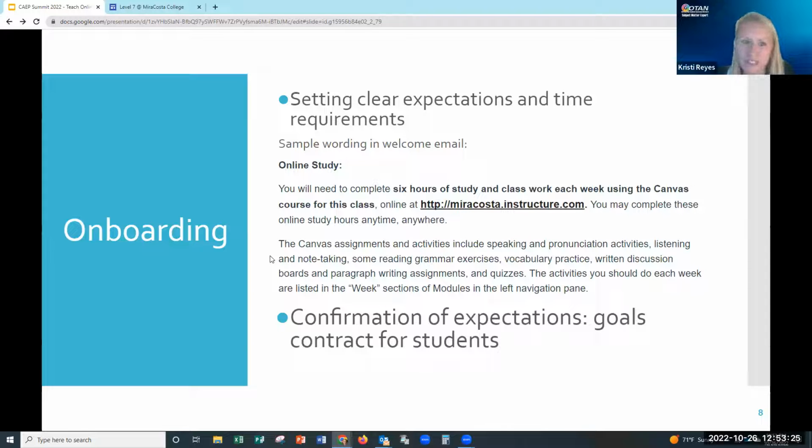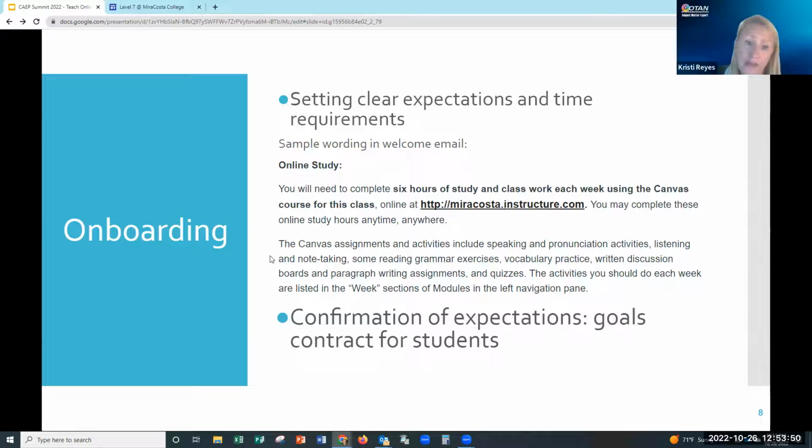There seems to be this perception that studying online, while it's very convenient, doesn't take as much time. I have this online homework to do, I'll wait till Sunday night. So we need to really help students set up and make the expectations and time requirements clear.